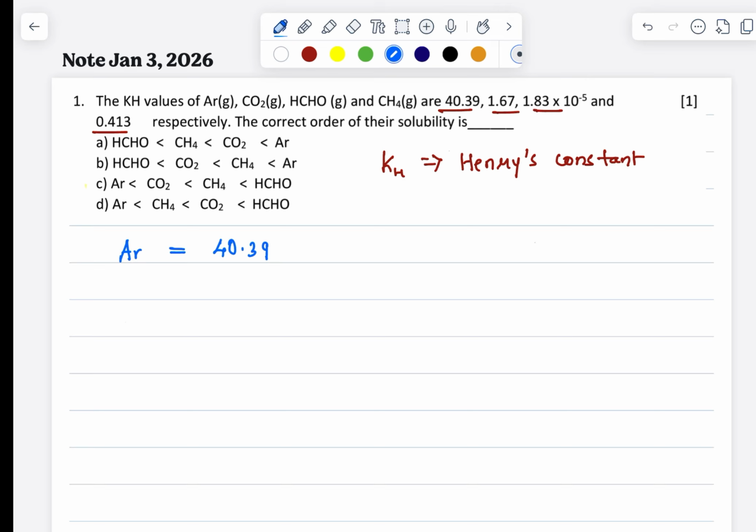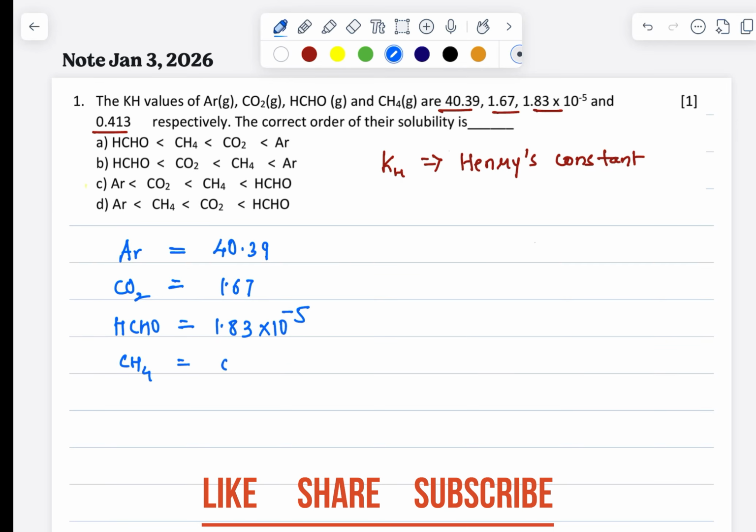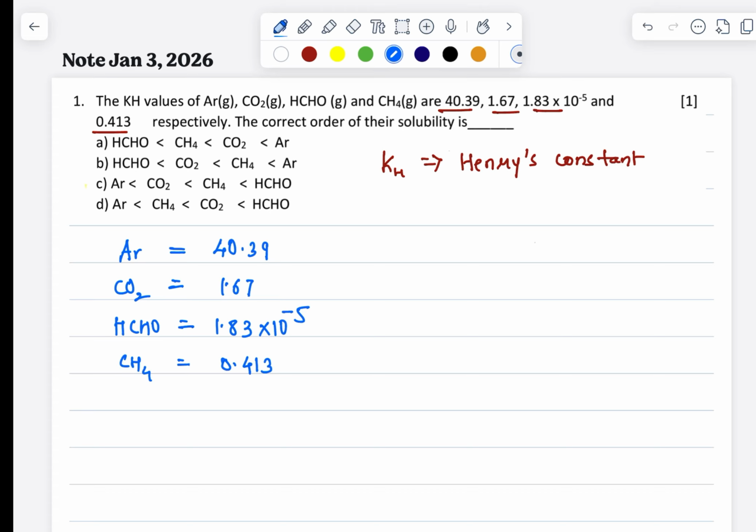40.39. Then carbon dioxide, the Henry's constant value is given to be 1.67. Then formaldehyde, HCHO. This value is given to be 1.83 into 10 raised to minus 5. And last comes methane. Methane's Henry's constant value is given to be 0.413. One thing you have to understand, according to Henry's law, we can make a note of this,